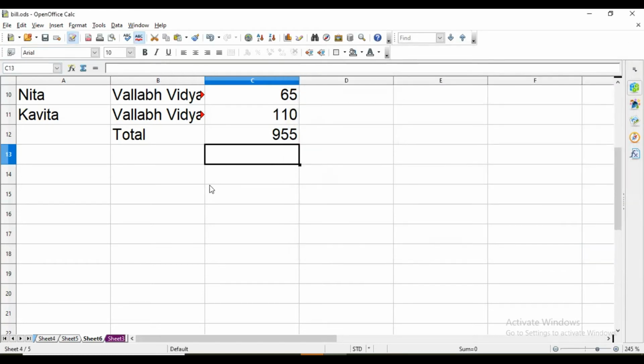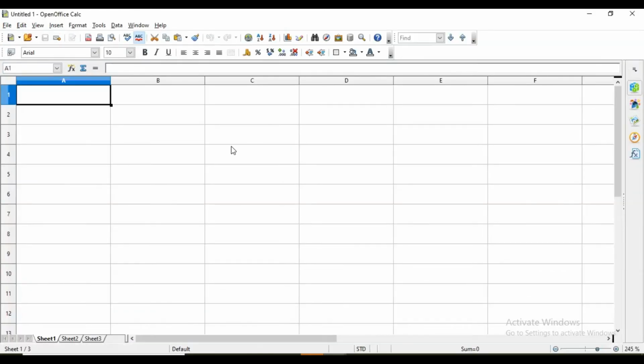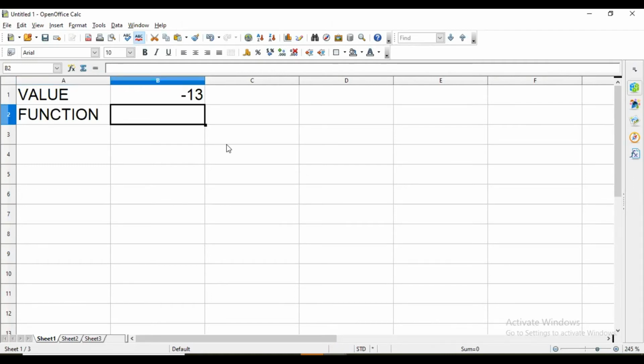Now one by one I am going to take values here and I am applying some function here. So here value, for example, this is minus 30, then function here, that is ABS, and then the cell value.